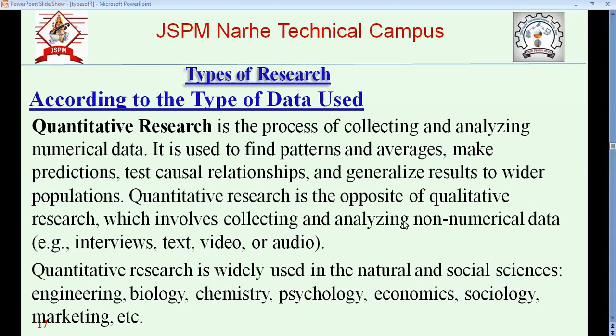So I'm not restricting you, if you are from science and engineering, only to quantitative analysis. If you see that qualitative analysis can further enhance your understanding, you can use it along with quantitative analysis.